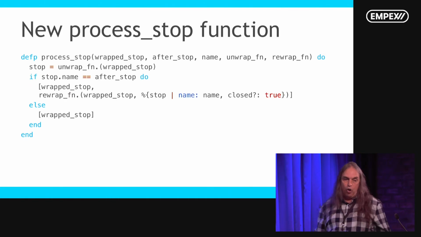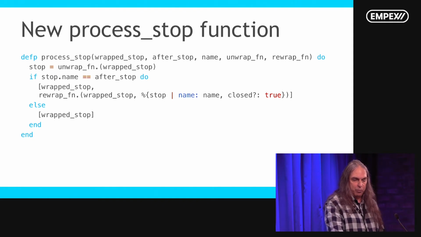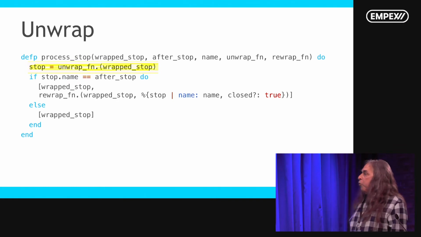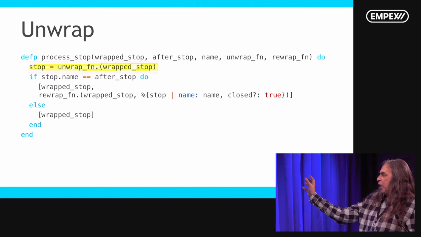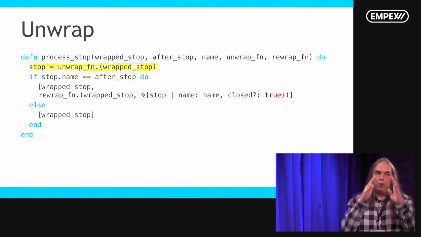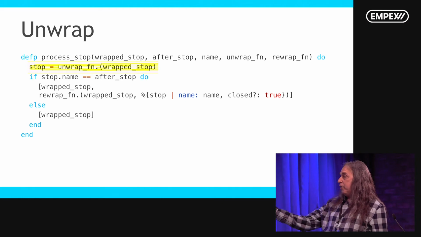So it looks a lot like the code we saw before, and I'll just walk through how this works in comparison to the last one. So first, we unwrap. First thing we do when we get in here, we have a stop. This wrap stop is the bigger structure, and we unwrap it to pull that lower level stop structure out of there. If it's the place we want to insert it in this if statement,